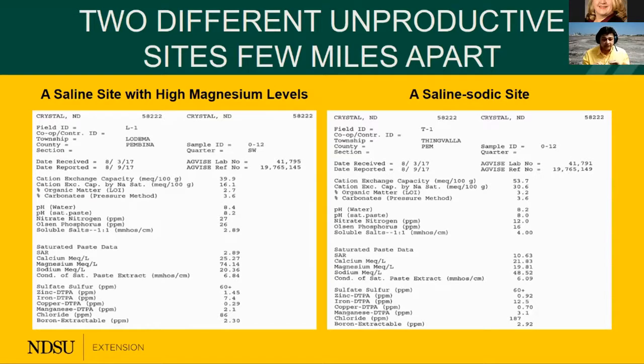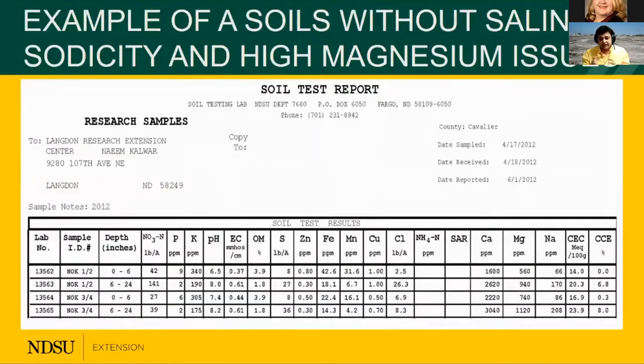So then I started looking a little bit deeper. If you look at the magnesium levels, that is 74.14 compared to calcium of 25.27. And that's when I contacted other people in Fargo and I got those publications, and I came across these reports that this issue is common in Red River Valley. I haven't done much work in Minnesota, but I'm pretty sure soils are quite similar, especially Pembina County, which